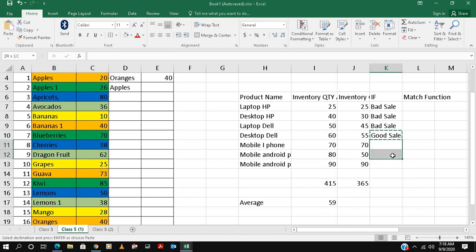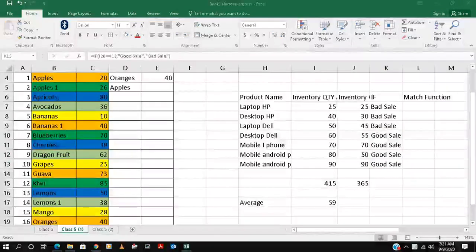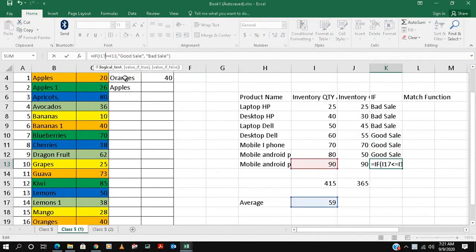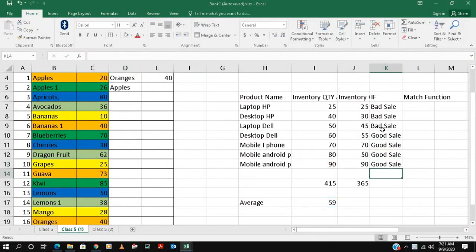So we can calculate this if condition. Make sure your formulas are correct. This is showing right now 17. So we'll make this here 17 and it is showing good sale. So I think you get it. If we change this right now, we'll change this to 50. Suppose I change it, the third has to be changed because we put it already, so it is now converted into good sale. So this formula you will use there.